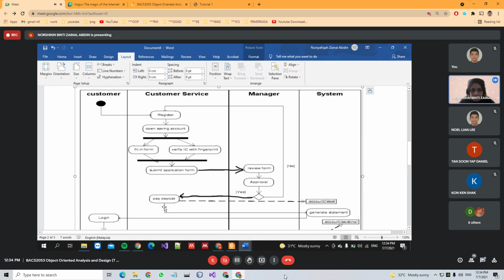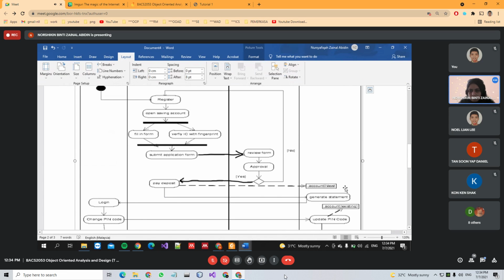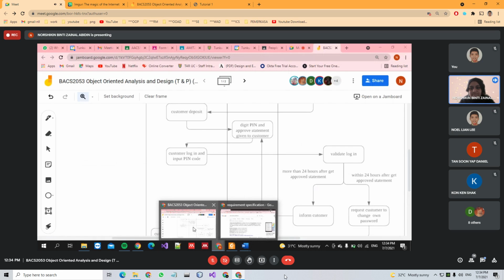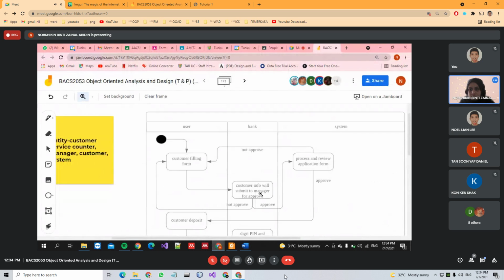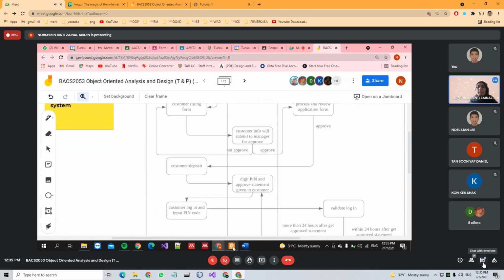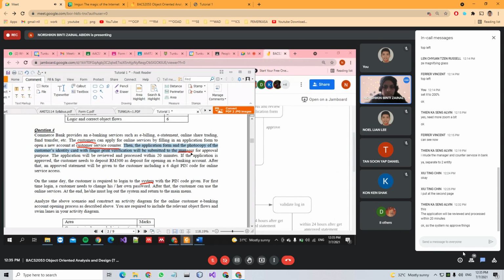Okay, approval, not approved. Pay, correct. Generate statement. System. Your system, correct? No. Okay, look. After they already done the payment, after the user done the payment,